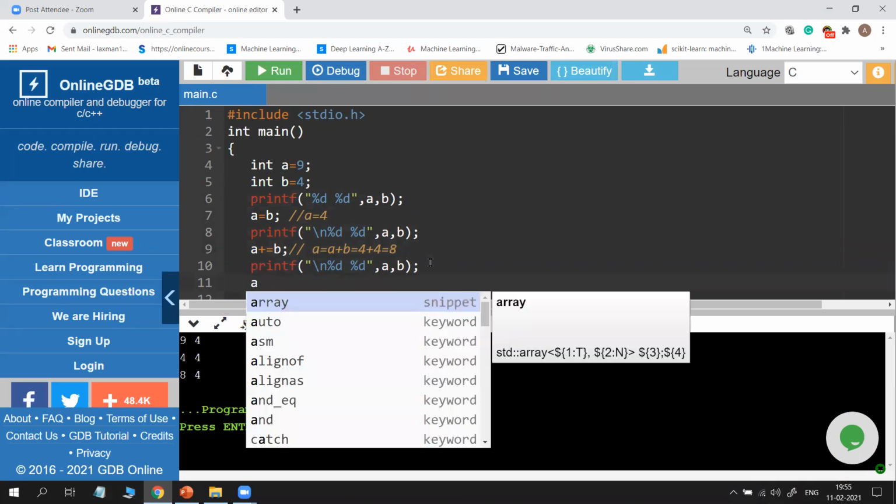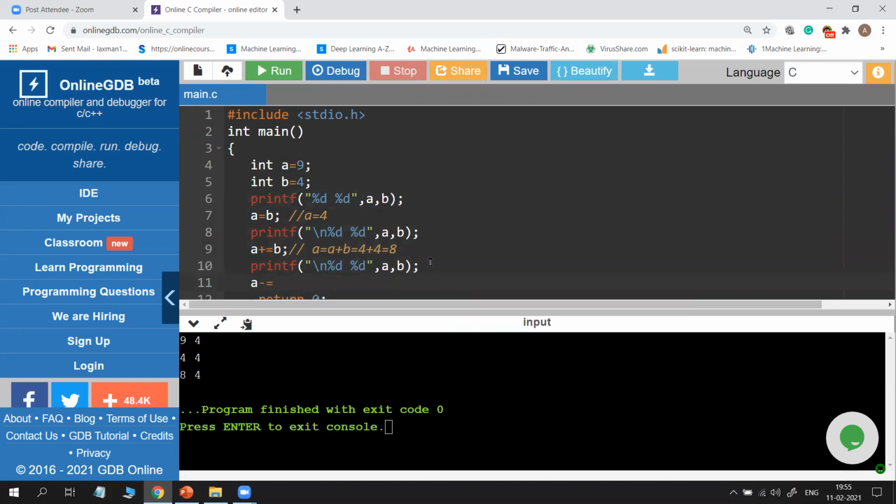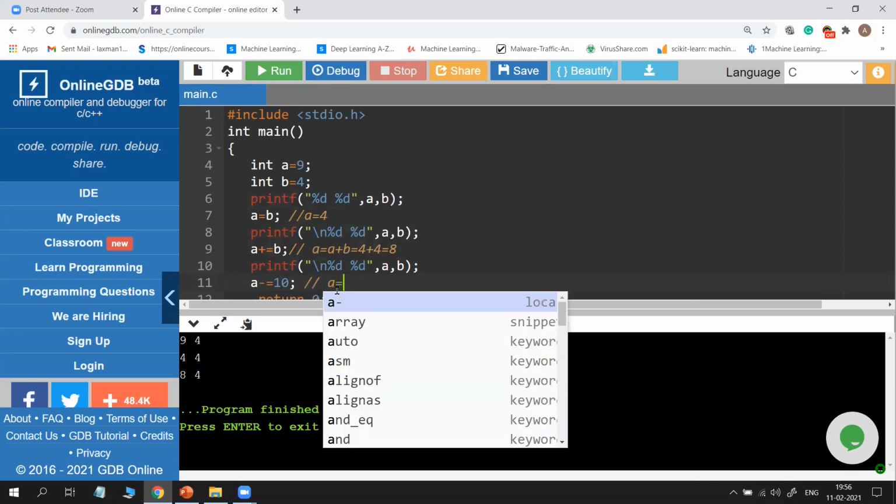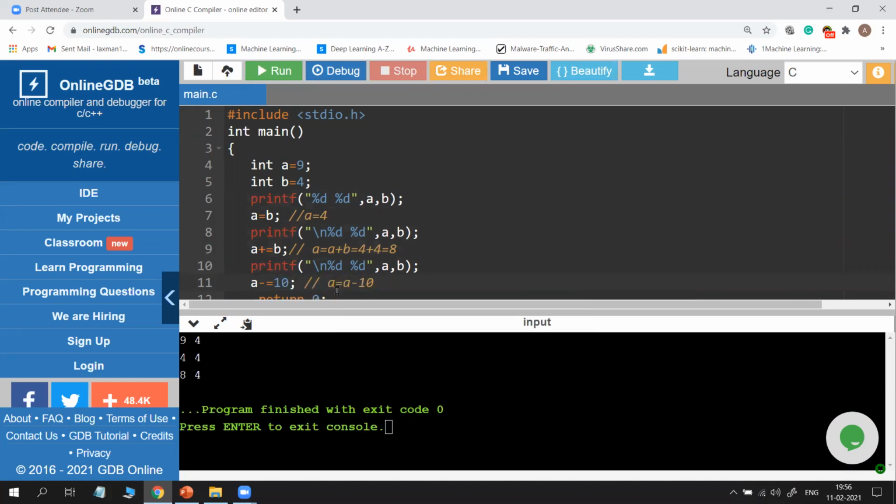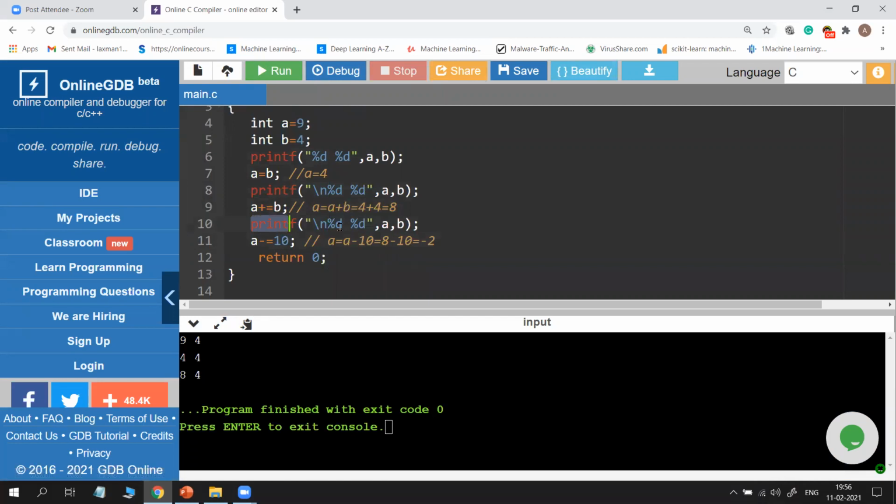For example, I am writing A minus equal to 10. You can write it in any way. What does it mean? A is equal to A minus 10. So what is A's value in the above statement? 8. So 8 minus 10, what do you get? Minus 2. But B value is not changed.